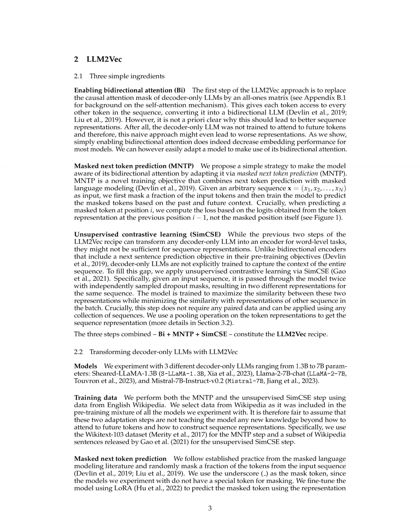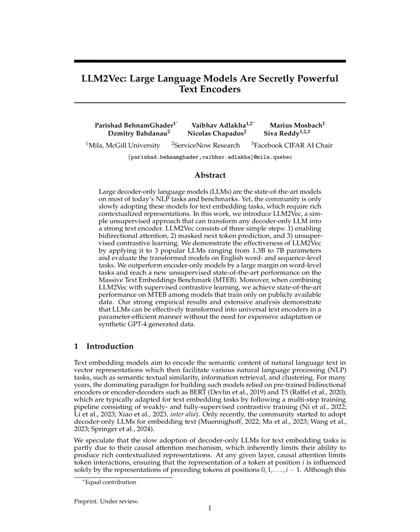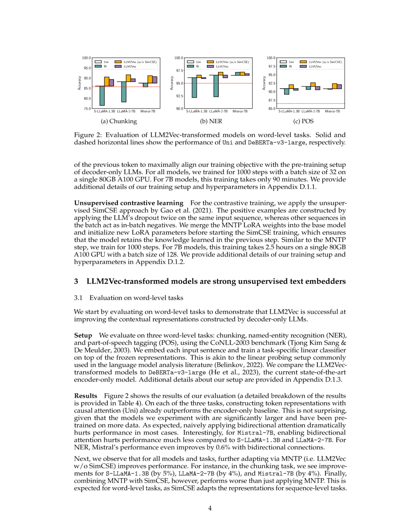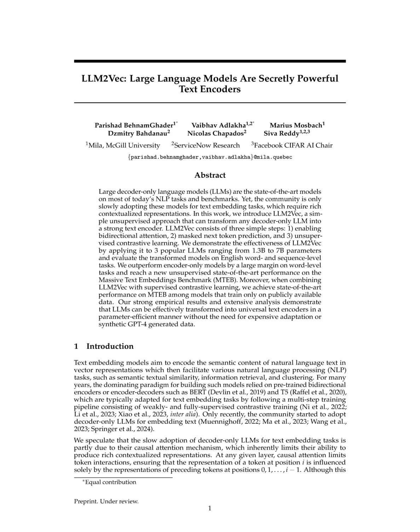Enabling bidirectional attention impacts the performance of the models in the paper differently, depending on the model architecture. For most models, simply enabling bidirectional attention without further adaptation decreases embedding performance. However, for Mistral 7b, enabling bidirectional attention hurts performance much less compared to other models like SLLaMA 1.3b and LLaMA 2-7b. In fact, for Mistral 7b, bidirectional connections even improve performance in tasks like named entity recognition (NER) by